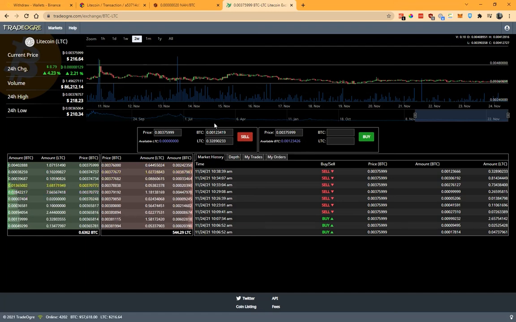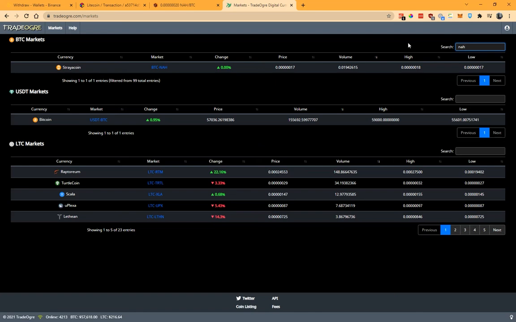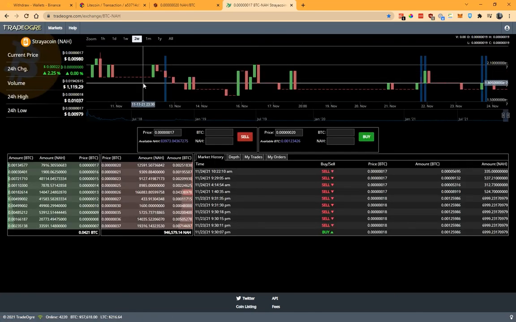So now what we want to do is go into the market. We want to transfer that Bitcoin into NAR, because there is a trading pair between Bitcoin and NAR. So if we go back to the markets up here, search for NAR. Here it is. Okay, and now we can see that there's been a little bit of action here this morning, but nothing major. It looks like there's been some sales at 18 and 17. We want to buy